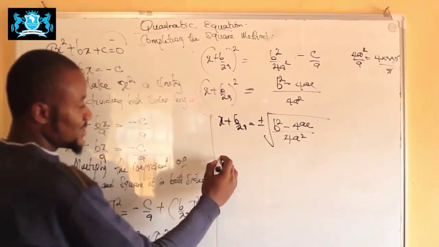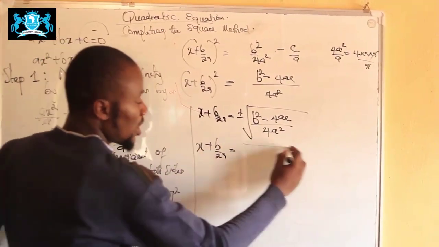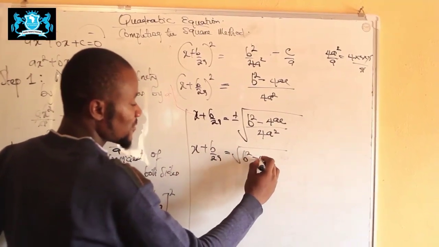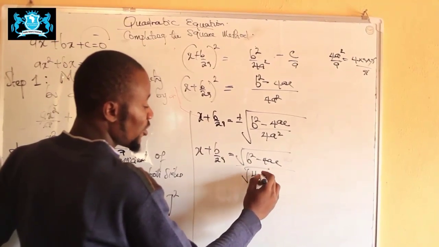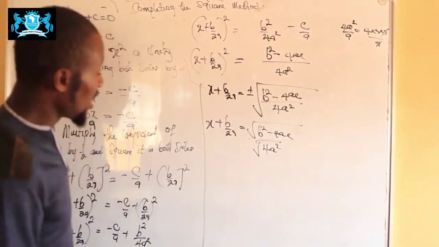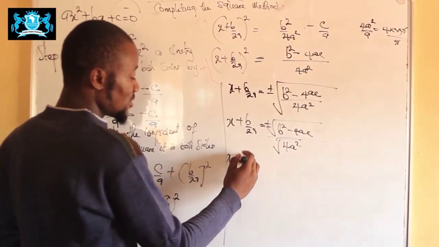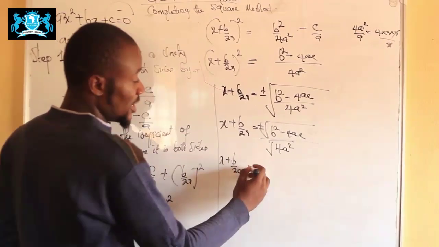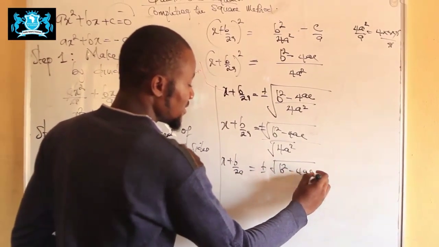And you should know that this also means that x plus b over 2a is equal to the square root of b squared minus 4ac, all over the square root of 4a squared. Now the denominator is a perfect square. You still have a plus or minus here. So x plus b over 2a is equal to plus or minus the square root of b squared minus 4ac, all over